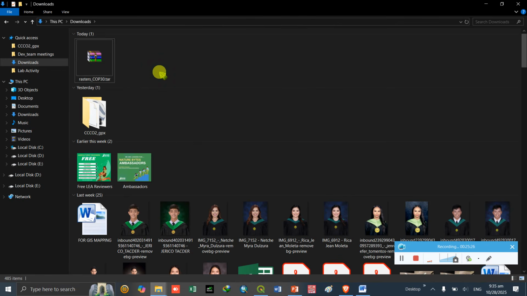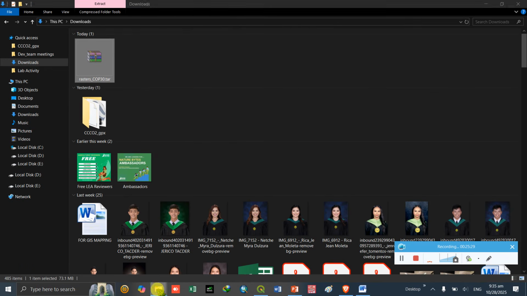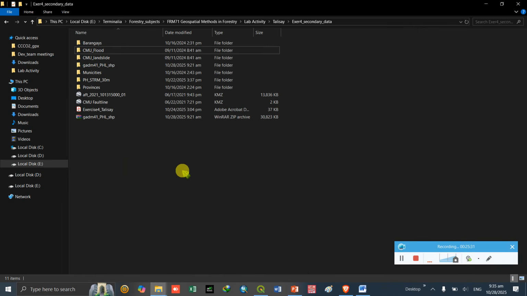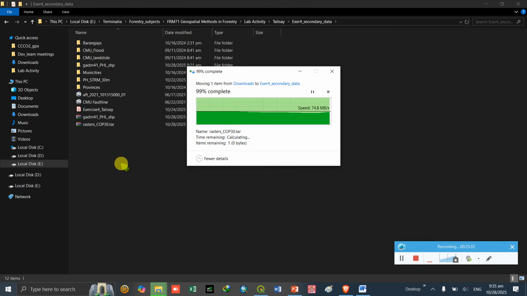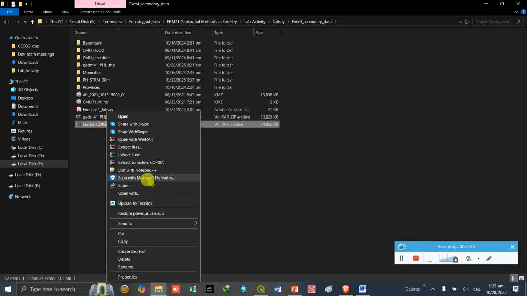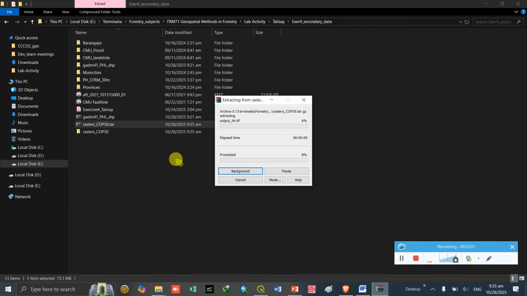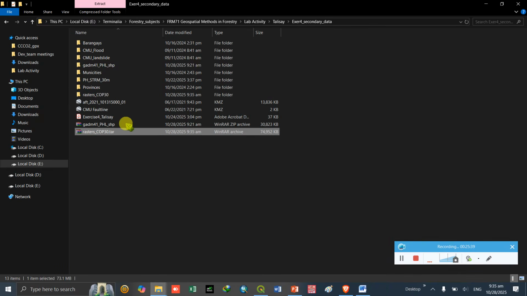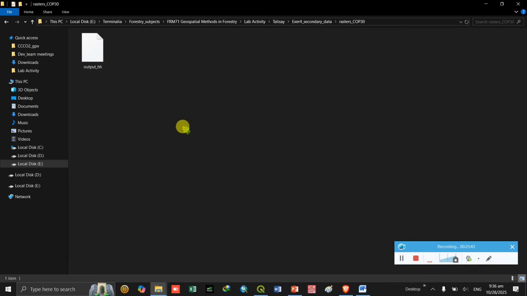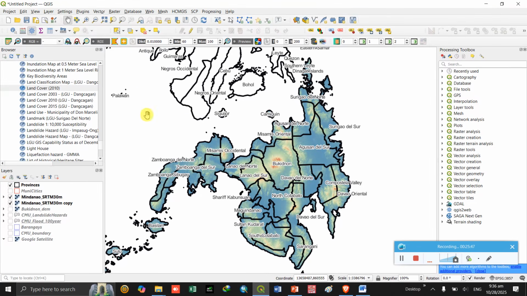Okay, this one, and then copy, cut, paste it here, and then export, unzip, then we can have now the data.